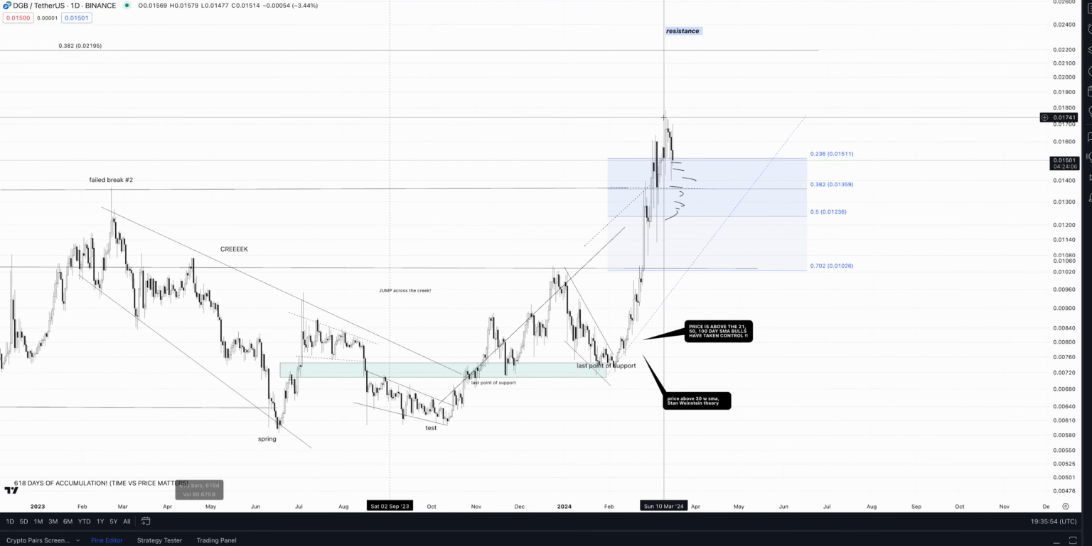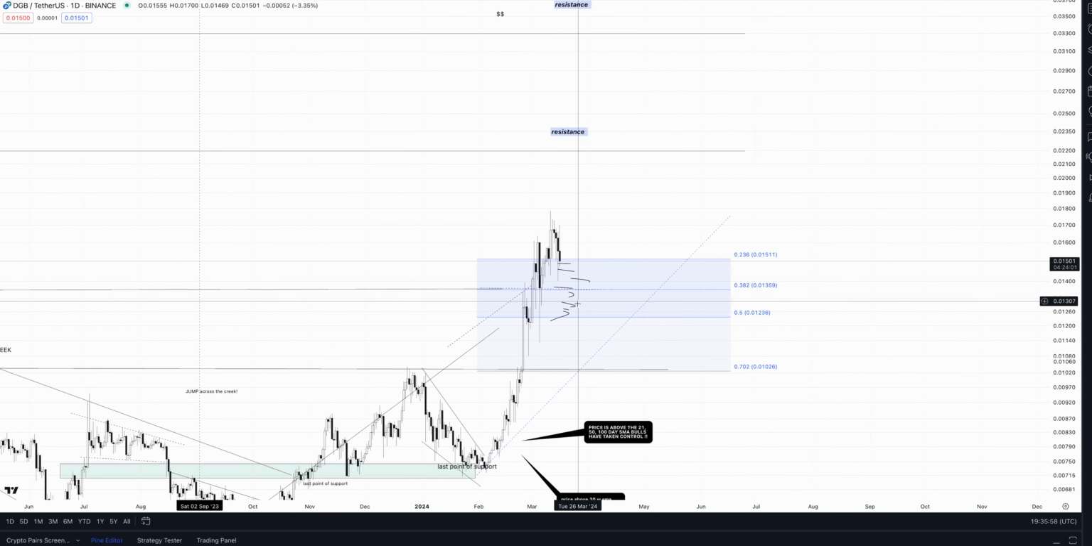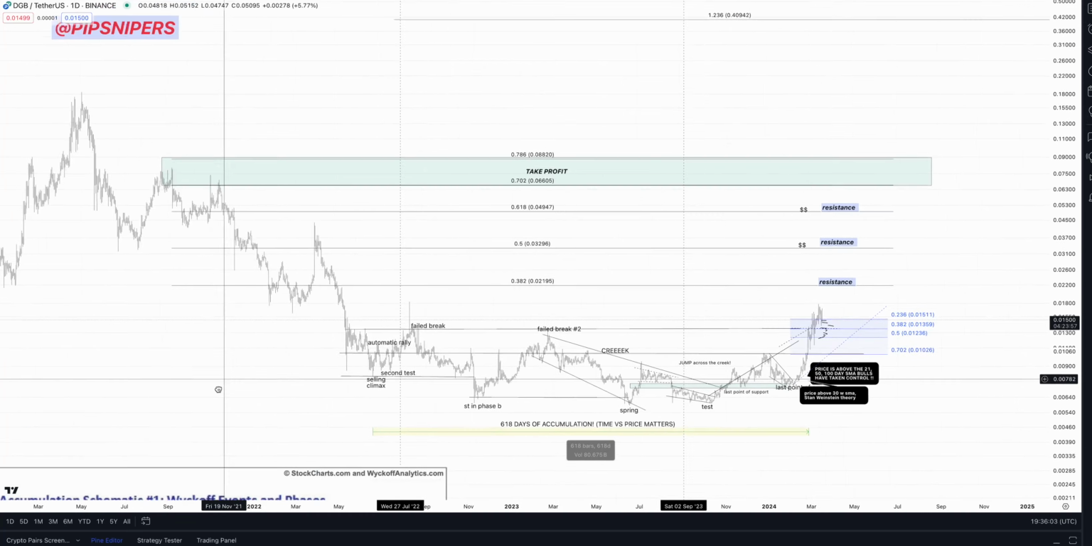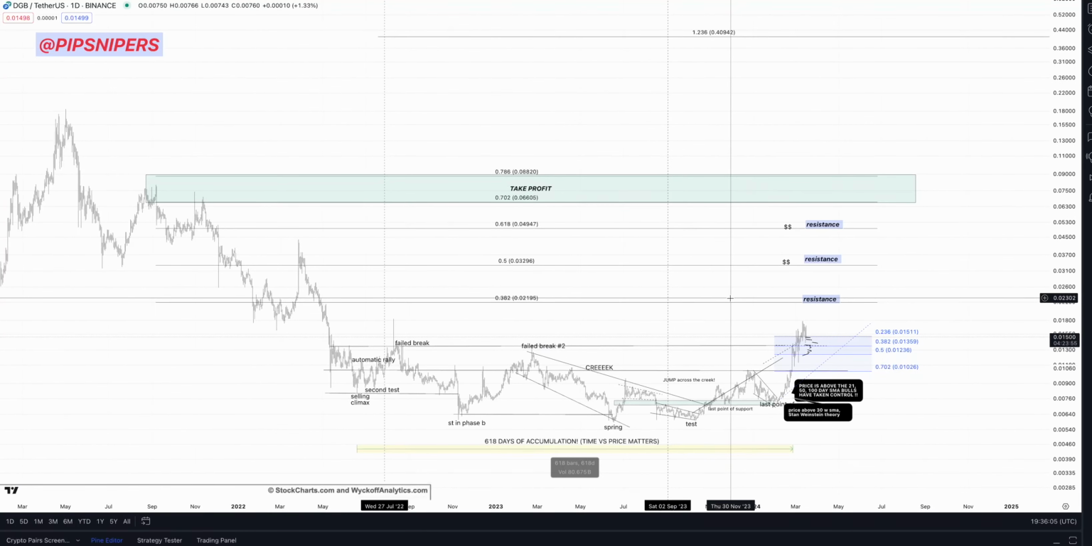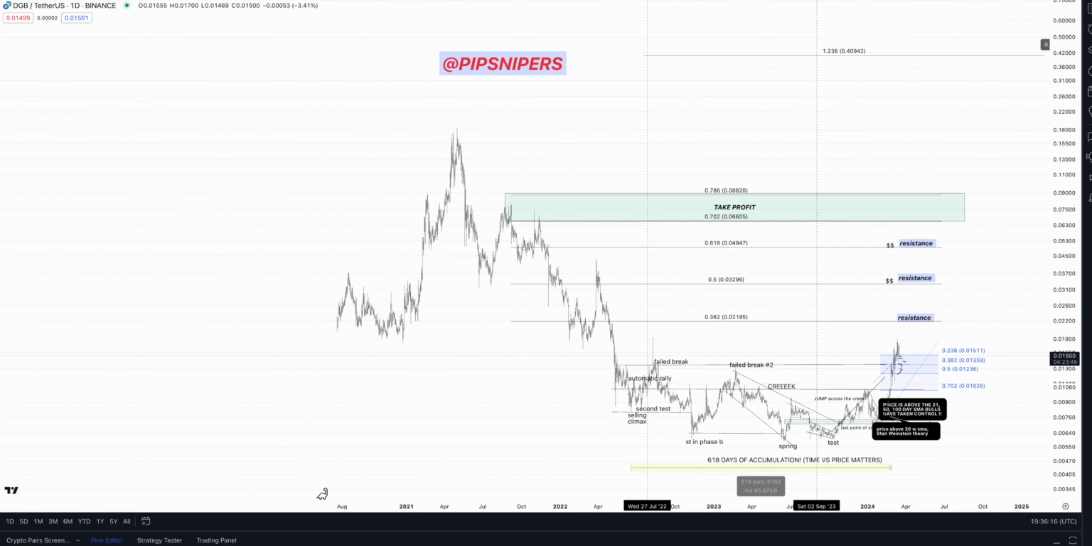We've hit our sign of strength. We may come down to any of these fibs below before continuing higher. These over here would be your resistance levels. It would make sense to take profit at this blue region over here, 702, 786 region, and definitely